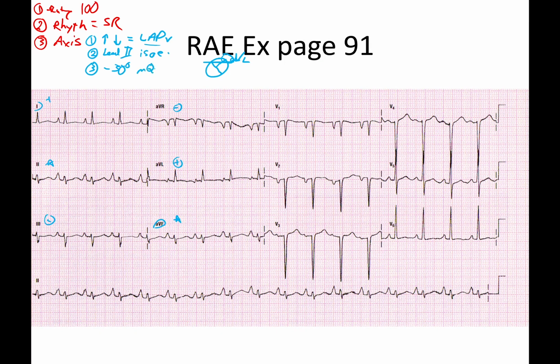Mean QRS. So this one creates a left axis deviation, which doesn't really jive with what we're looking for, and let's be honest, this is going to be a right atrial enlargement example. You know what's coming. It does make it a bit challenging. I don't have a great answer for why I'm seeing left axis deviation in right atrial enlargement. I will do my best to come up with an answer for you in the future. But